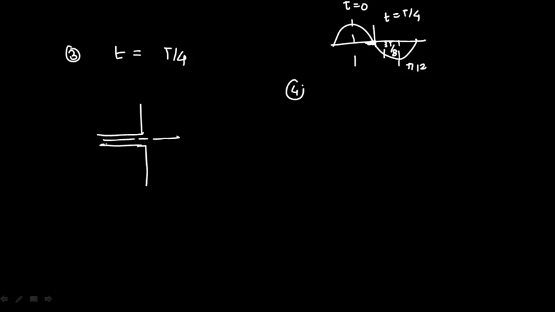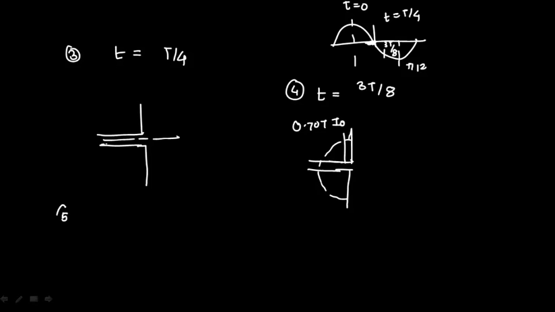The fourth is t equal to 3T by 8. Here you will get radiation but in the opposite direction. So you will have a current like this, in the negative direction. So 0.707 I0 at 3T by 8. Now the fifth is t equal to T by 2. Similarly to t equal to 0 but in the opposite direction, or the negative current. So for your dipole, you will get the output in the opposite direction. This is the current which you are getting over here. This is the maximum but in the opposite direction.